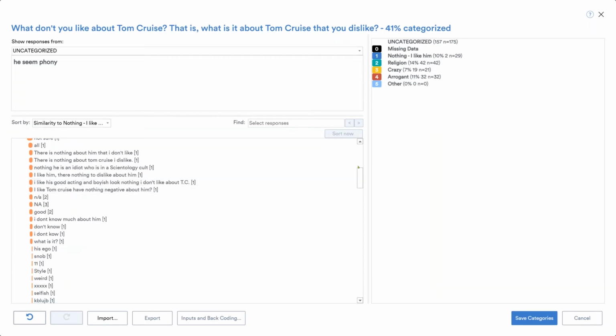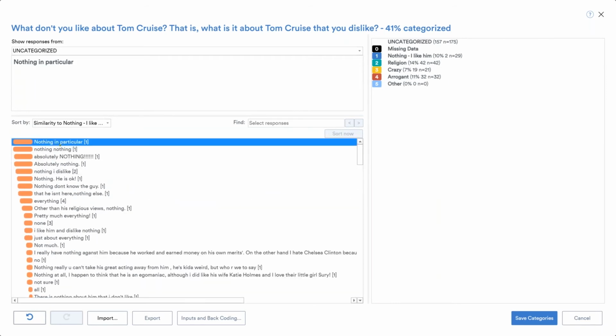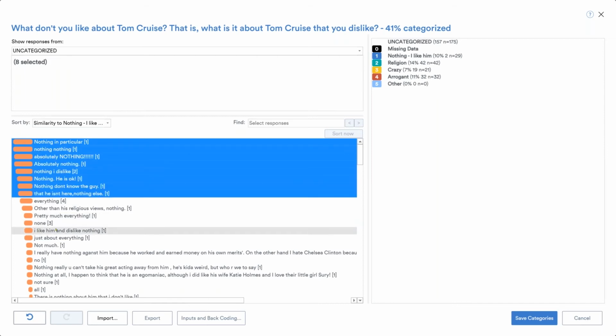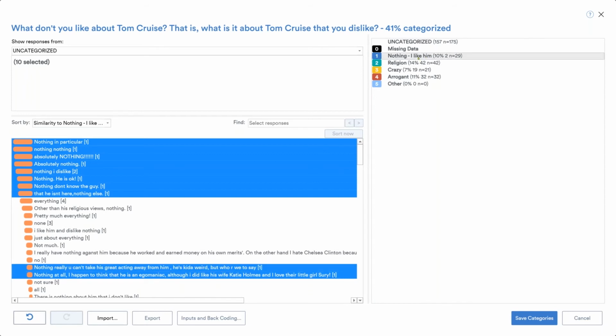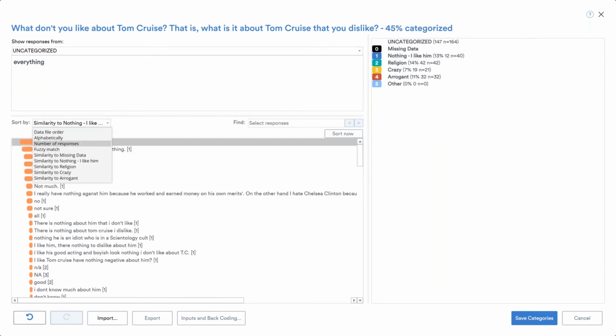And so if we scroll to the top, we can see it's found all of these people have said nothing, nothing, nothing. Here's an error, right? It thinks everything and nothing is similar. And you can understand why a machine might think that. And this is why our human brain comes in handy. So, put these into nothing. If we look at religion,